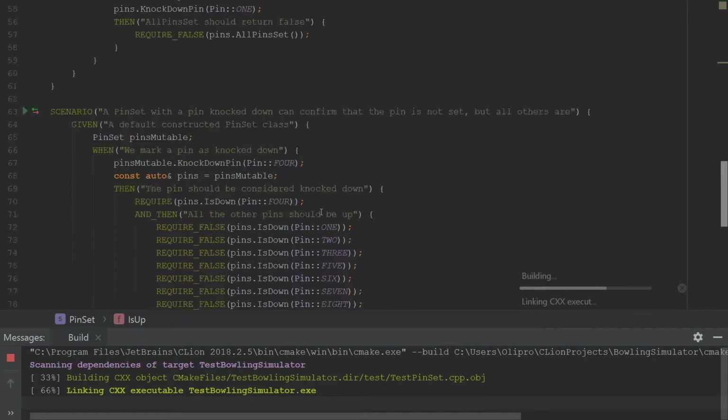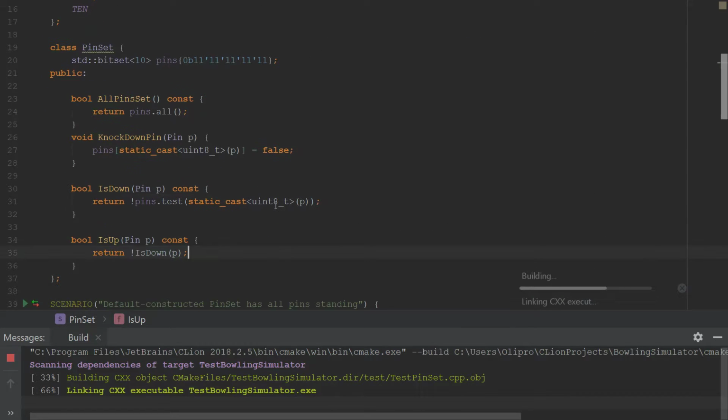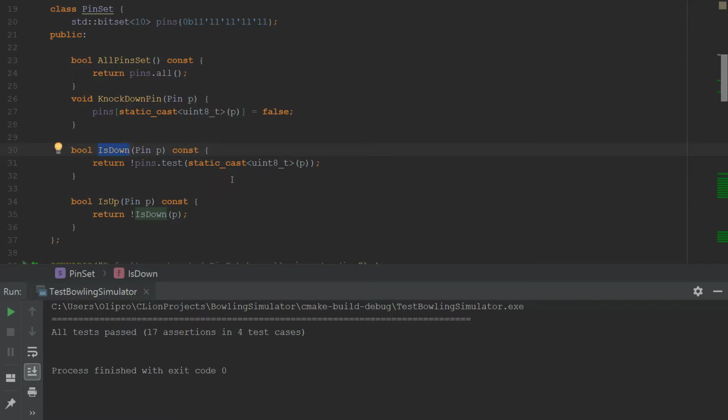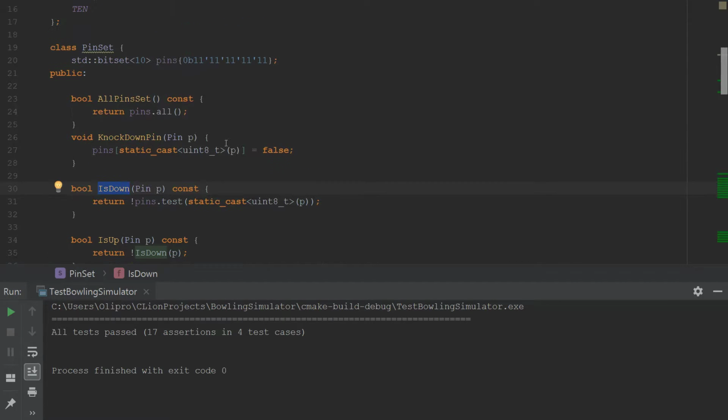So okay, already we've now got something that can essentially service everything we need. I have something that when I construct it, it will have all the pins standing, just like in a real game. I can ask it if all the pins are set. I can tell it to knock down a pin. You can check if a pin is knocked down. Probably another useful thing is you might get a strike. So I probably want to know if all pins are